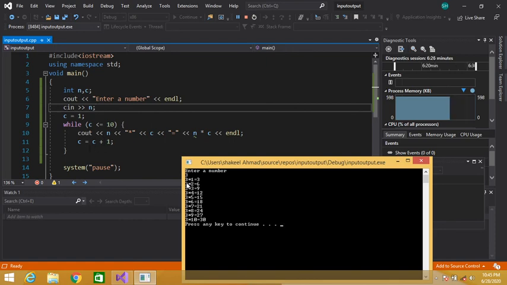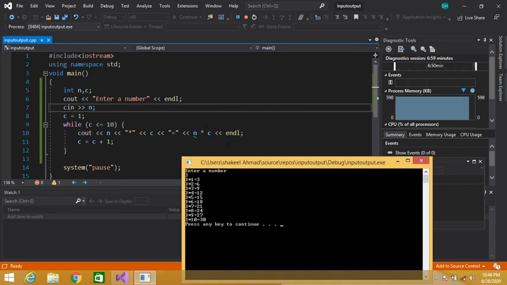Because we have to multiply the same number with different values, 1, 2, 3, 4, 5, 6 up to 10. So I am keeping the value of n the same, and then I have to multiply n by 1, then 2, 3, 4. That is why I am using C as a counter variable, and I am incrementing its value one by one. In this way I have multiplied 3 by 1, 2, 3, 4, and we are calculating our table.